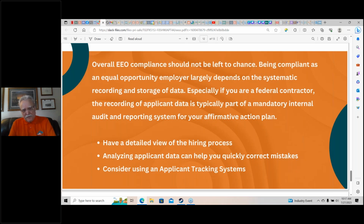Taking a look at your applicant data can help you correct some mistakes fairly quickly. If you run an ad for a job and you find out that you had 32 applicants and they were all 40-year-old white males, you probably have an issue. You probably want to broaden where you're marketing this, what devices you're using. I don't think you're going to find that to be the case, but you can find and correct mistakes fairly quickly